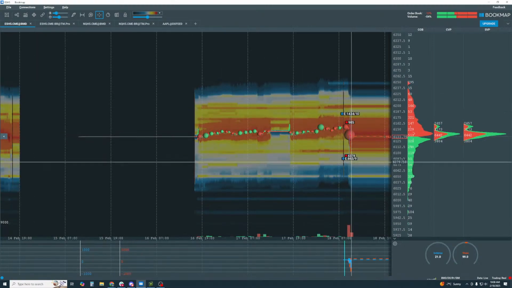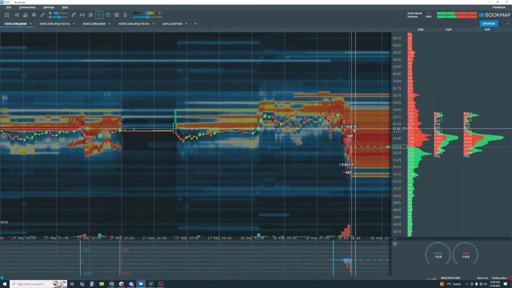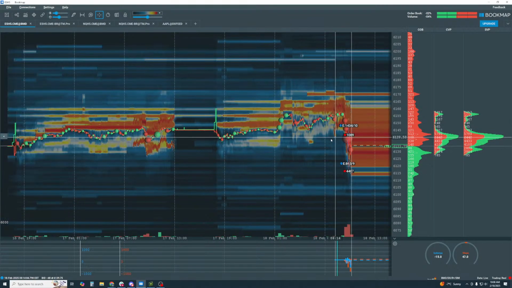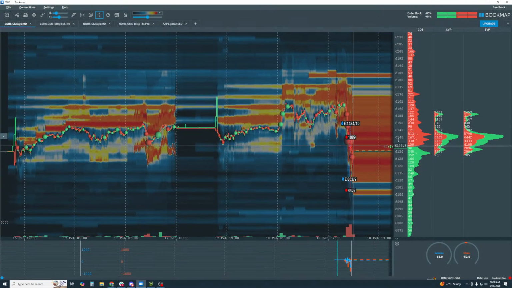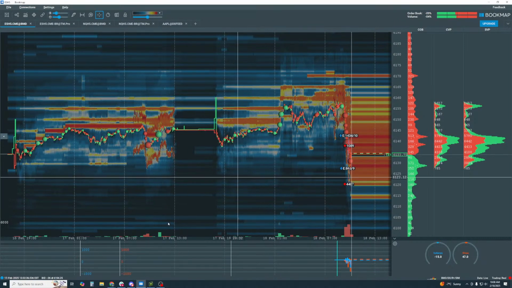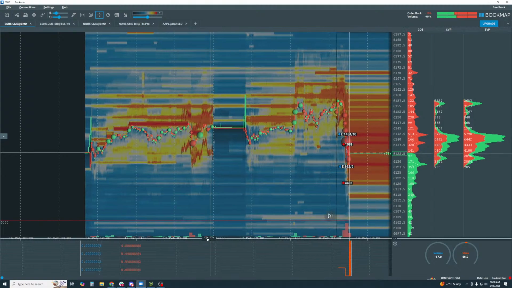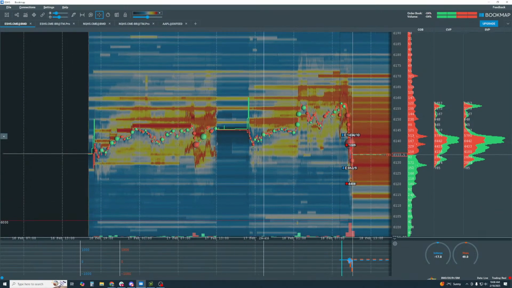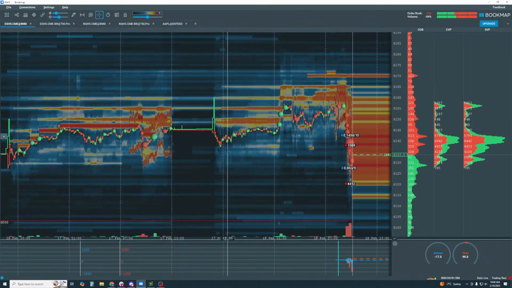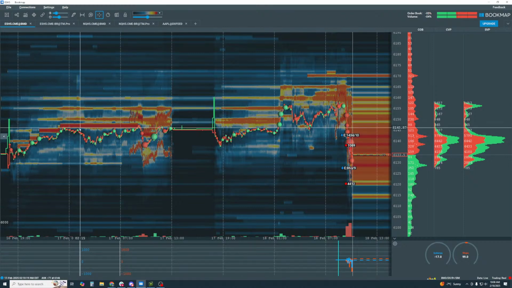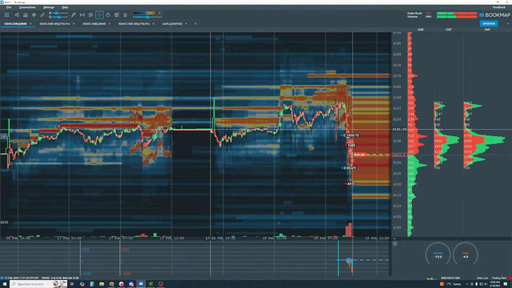Okay, so let's take a look here, and what do we see this week in Bookmap? Okay, higher time frame. Yeah, here's yesterday. Well, that's enough here. We've got a couple days here that we want to take a look at. High liquidity in here, you can see bouncing into it, and you see the pullback after trading into high liquidity, and then yeah, this was kind of off time here.